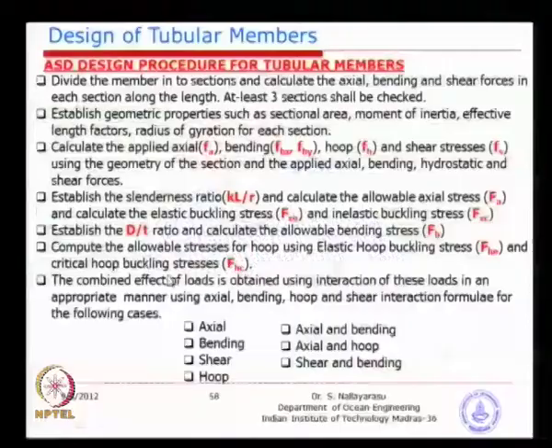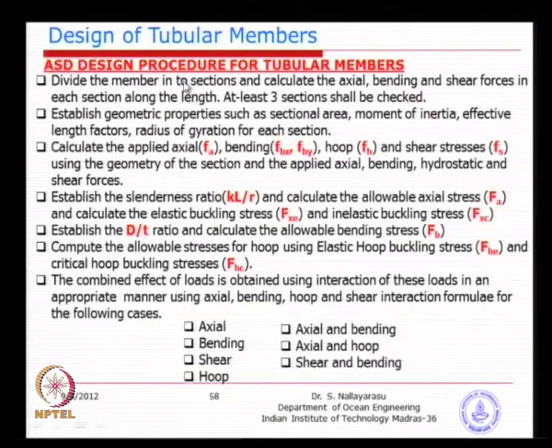Now, the procedure is very clear. What we are looking at is to divide the member into several sections, establish the member forces, and establish the section properties like moment of inertia, sectional area, effective length factors, radius of gyration, everything for each section. Calculate the applied stresses: axial, bending in x direction, bending in y direction maybe, and then bending associated with the hoop stress due to hydrostatic pressure, and then shear stresses